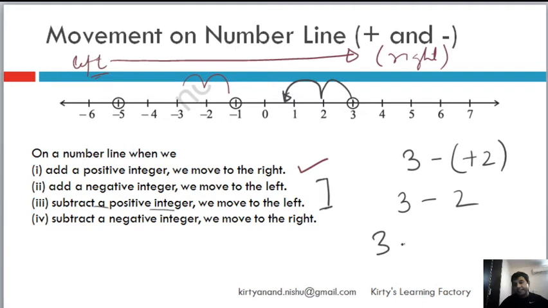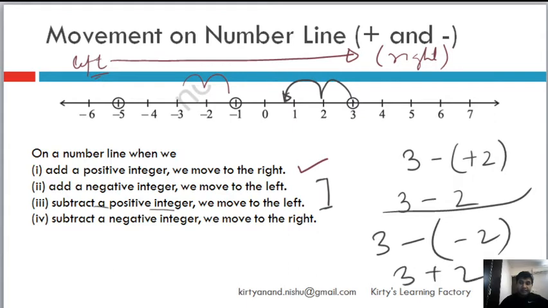Now here they are saying that you subtract -2, okay, which means it will be 3 plus 2, right? And we just discussed it. So if I am subtracting a positive integer, we are moving left hand side, right? But when we are removing negative, then we will move to right. Okay, it effectively means that we are adding that number to it. So we will move to 5 because now the value will increase.